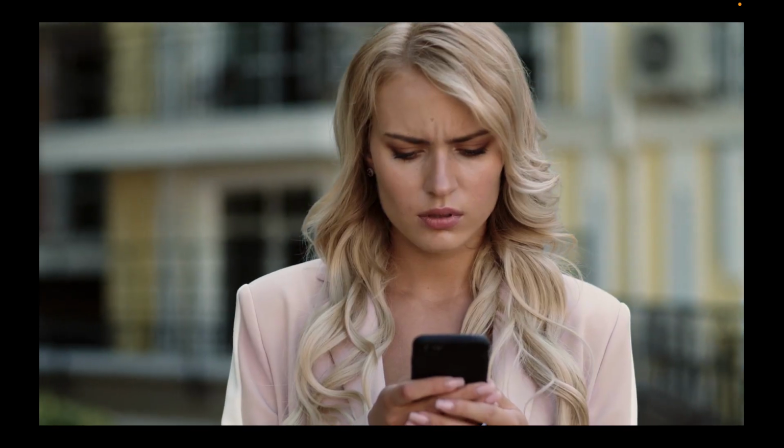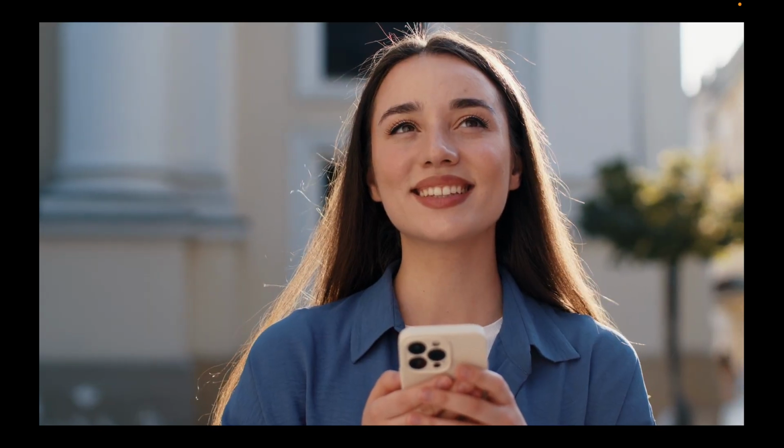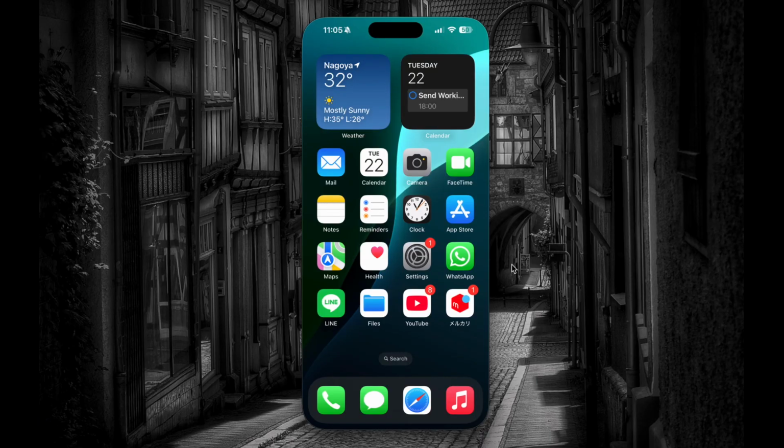In this tutorial, you will learn how to turn off annoying notifications, extend your iPhone's battery life, and bring some peace back into your day. To better control notifications and extend your iPhone's battery life, open the Settings app,